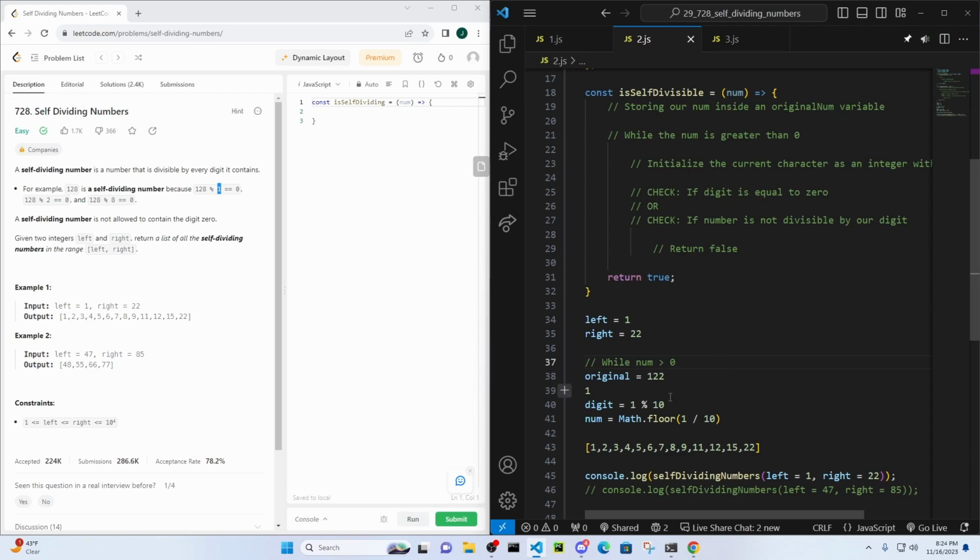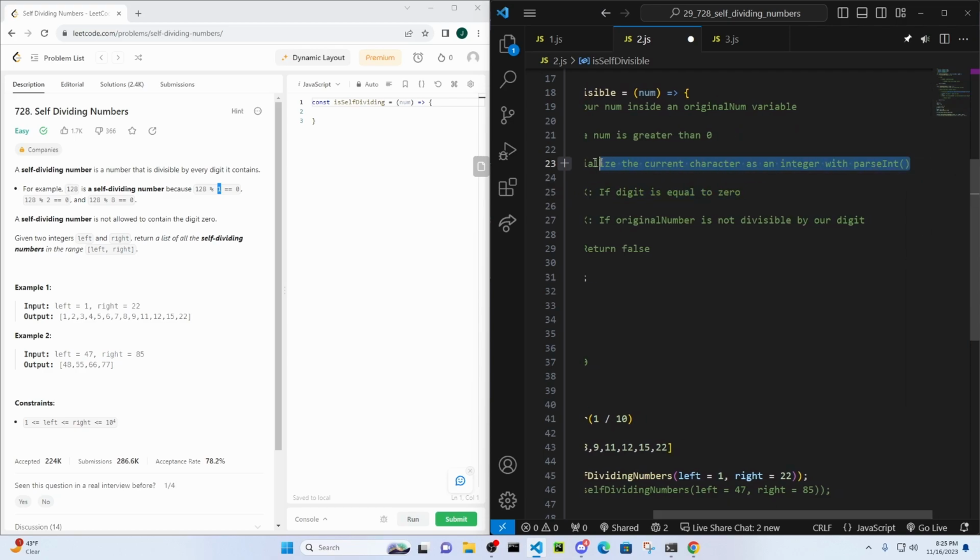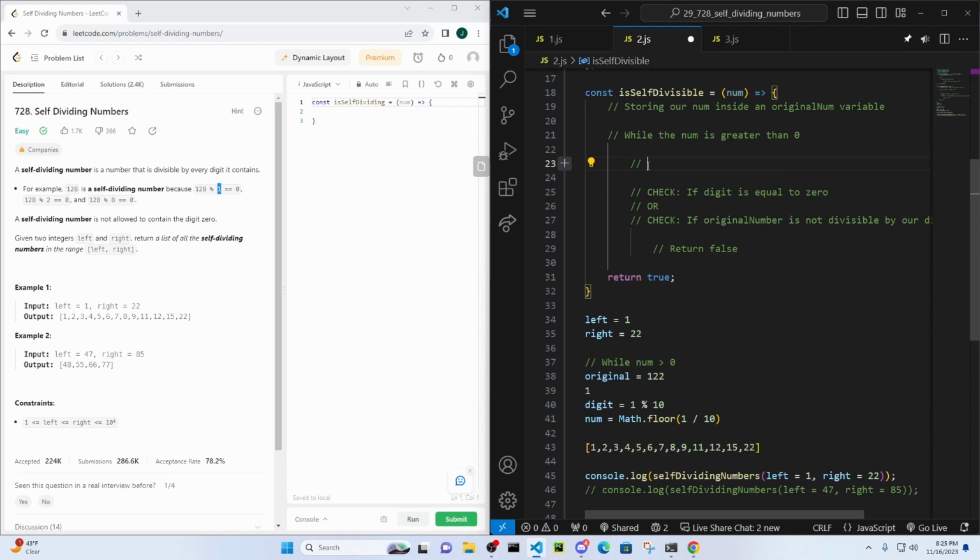And then we're basically going to do this logic over and over. So this right here, the check, is going to be exactly the same. Just instead of checking if number is not divisible by a digit, we're checking if original number. So the reference is always going to stay the same. If we pass in 122, this original number is always going to be 122 as we modify num and chop it up. And we're checking if it's 0. And then the only other thing we're changing is we're not going to have to convert our digit into an integer with parse int. We're actually just going to